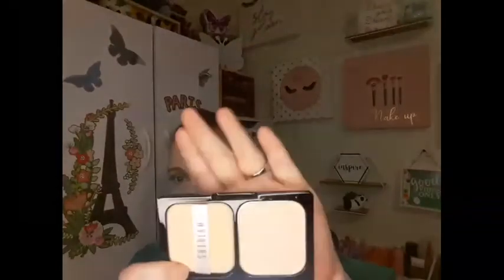So another powder I picked up, we'll have to try another time, is this lightweight, long-lasting, is what it says, and that's what it looks like. It's just another powder. So yeah. Okay, now we're gonna bronze up the face